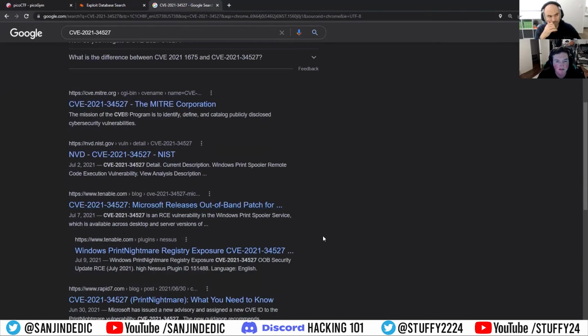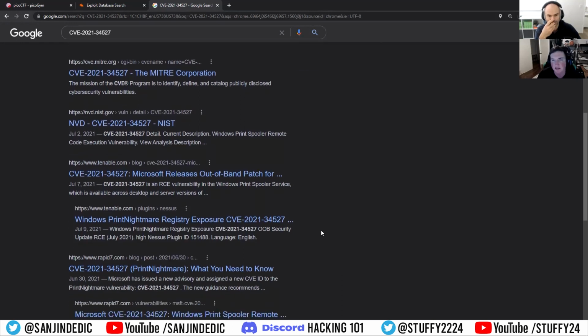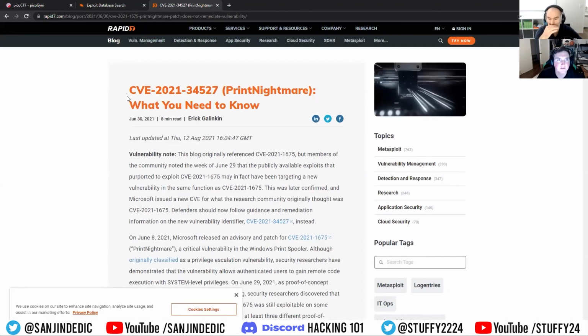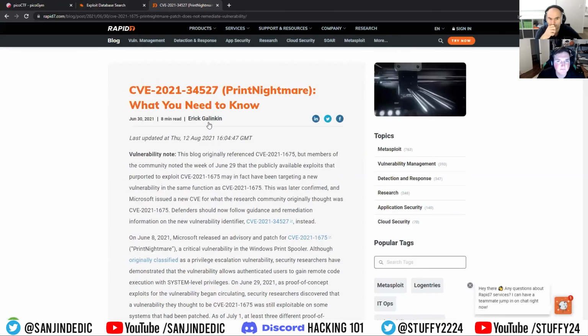Tenable, I don't know if you've ever heard of or used Tenable. But Tenable is an enterprise level scanner that I would say 70% of the world uses. A lot of people use it, so they have really good entries. And if you see it on there, it's really good to see because that means it's in their database, so you can scan your system for it. Rapid7's another really good company. Metasploit's owned by them. So this is a really good one, and they'll tell you exactly what